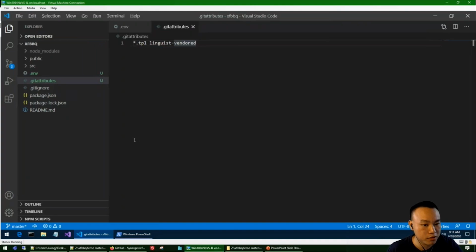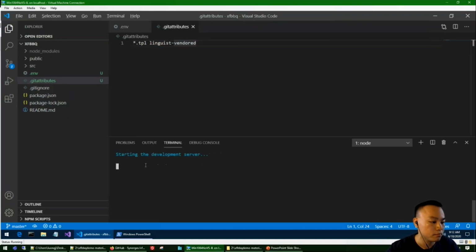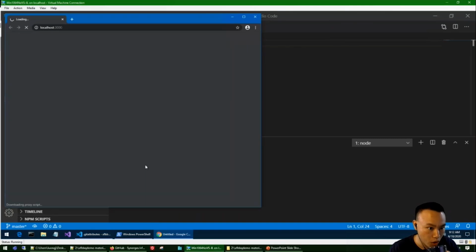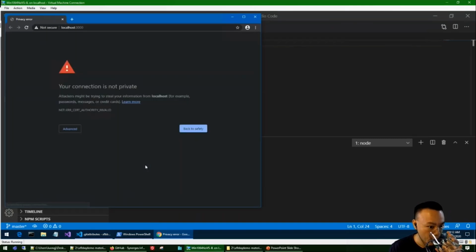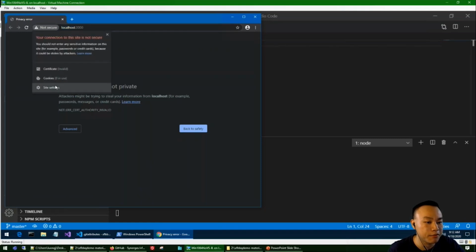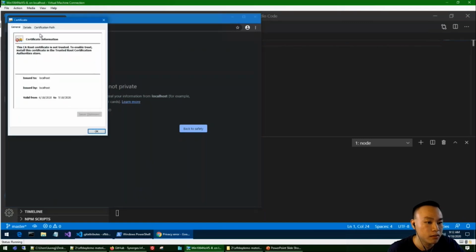And then we're going to open the console here and run npm start. We're going to add the certificate to the store, so that way we won't see this connection not secured error.